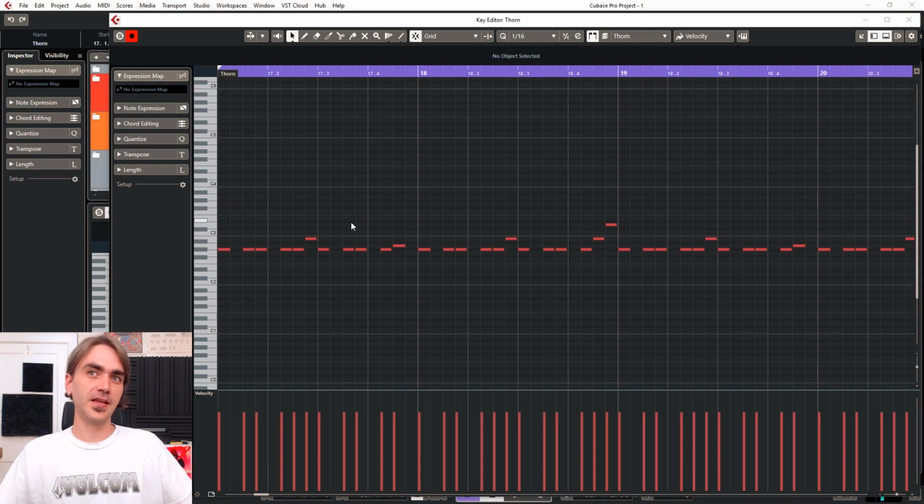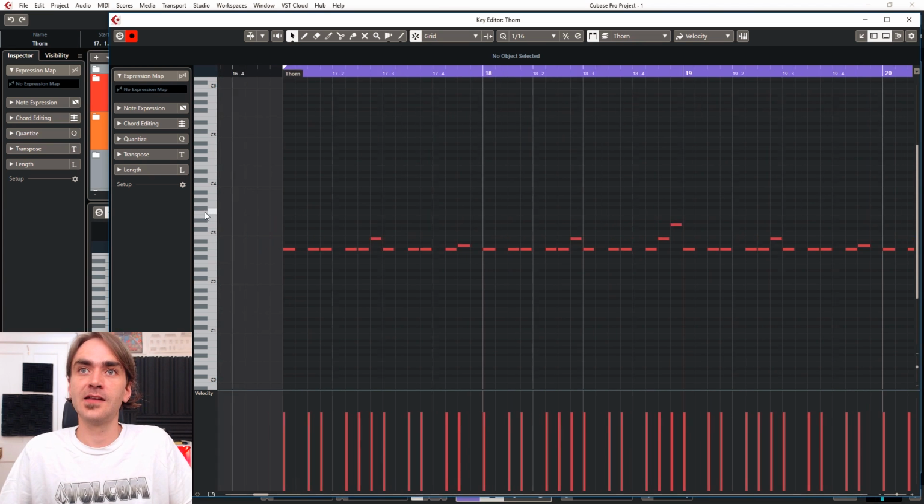So let's have a look at the MIDI. It's a pretty simple idea. If you can hear, the lead line is doing a similar melodic pattern to the bass. Essentially, what I did was I just copied the bass's MIDI pattern, and you'll notice that in some